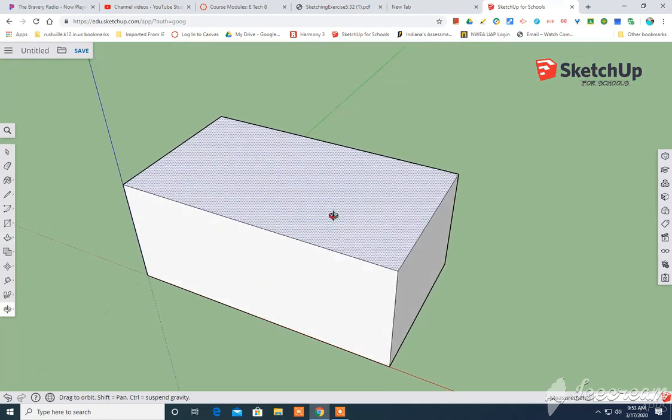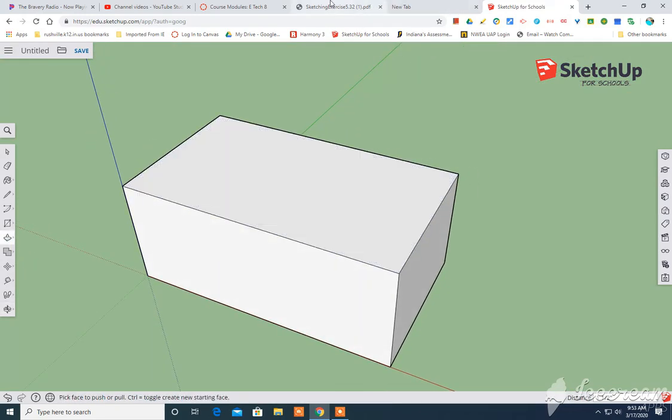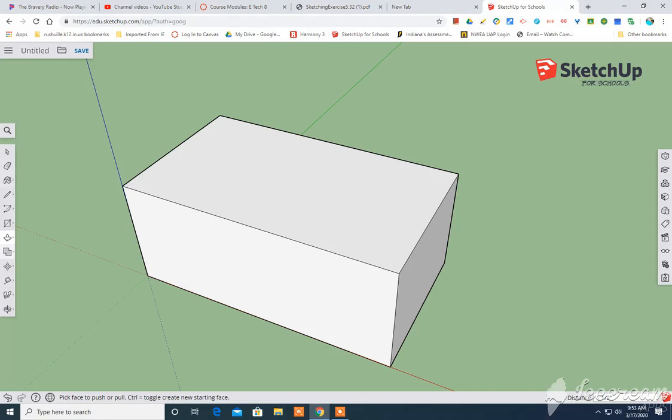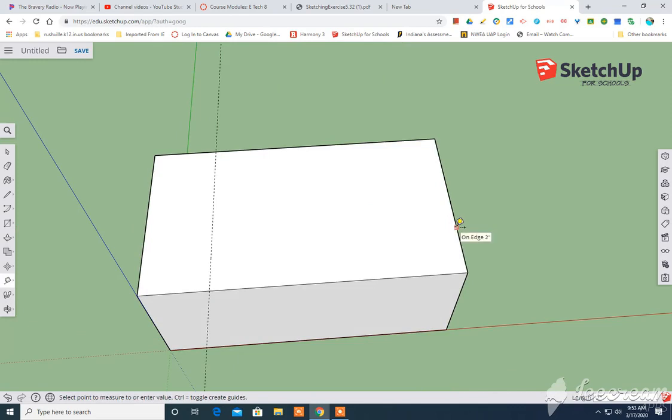Now we're going to take care of the U-shaped channel. The U-shaped channel here is really defined by these flat spots on the top part of the object. This one's a 1/2 inch, and this one's 3/4 of an inch. So going back to SketchUp for Schools, I'm going to take my guideline tool, and I'm going to move this over from left to right, 0.75 inches. And I'm going to set a guideline there, and I'm going to set a guideline on the opposite side, 0.5